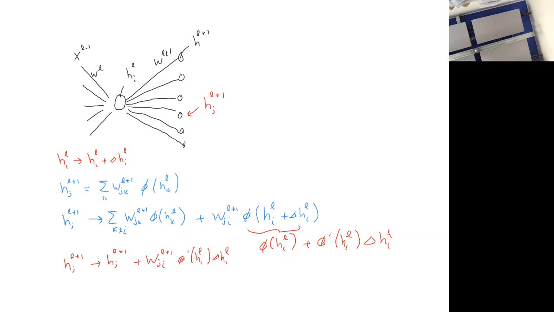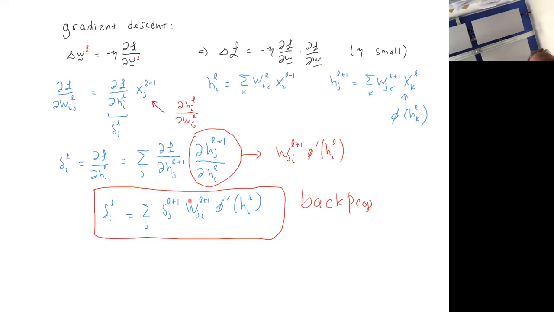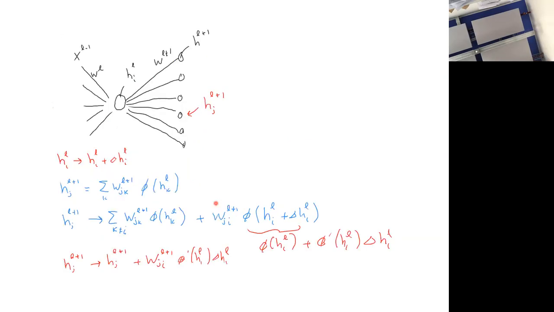Okay. And this is exactly the term we see in our backprop rule. So if you go back to the backprop rule, it's W_ji^(L+1) phi prime. Okay. And that's basically because that's the effect changing this has on the activity in the next layer. Okay. So really what's important about this is that if the neuron wants to know whether to change its weights, it has to know its outgoing weights.